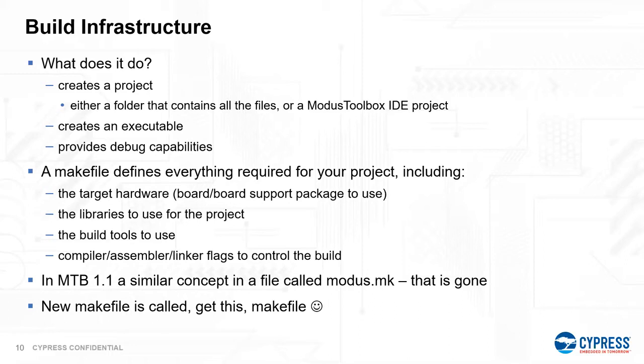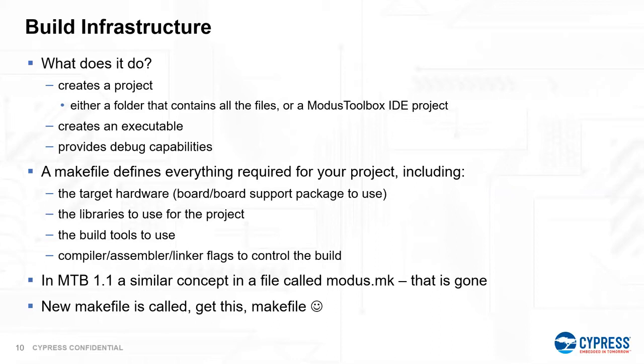And the next thing is, it allows you to create an executable. So the build infrastructure will give you a project. It will then have options for you to compile the project and generate the executable, which is nothing but the .elf file or the .hex file or the .map file. So it generates all of that for you, and it also generates the configs that you see for the programming and debugging, and all that is now part of the build infrastructure.